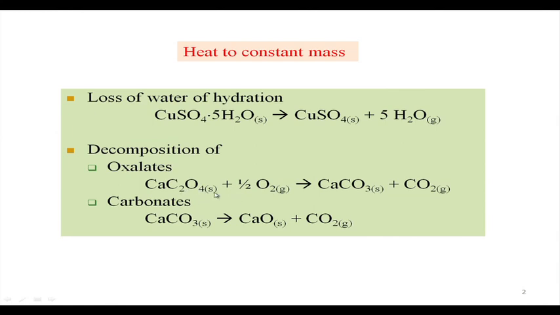Then that calcium oxalate can break down, where in the presence of plenty of oxygen, the other gaseous product coming out from this thermal degradation is carbon dioxide. Otherwise, in the absence of oxygen, or in the presence of some inert gas like nitrogen or argon, carbon monoxide can come out. That carbon monoxide coming out from the sample of calcium oxalate is a well known fact, and it will give rise to a different kind of weight loss compared to heating the calcium oxalate sample in